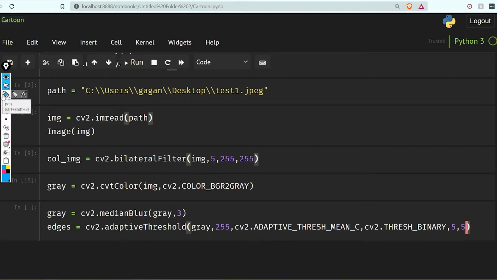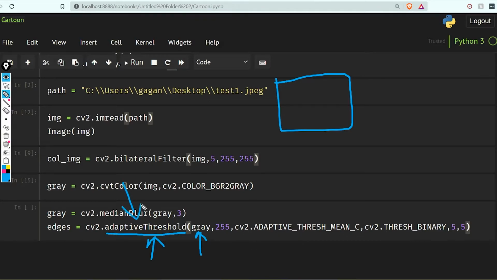So let's just see what these values are one by one. This is the image that we want to provide. First of all, let me tell you what is threshold or what is adaptive threshold. Basically in OpenCV, thresholding is a technique to set the pixel values in relation to a threshold. Let's suppose we have an image. We are going to set the values of these pixels based upon a threshold.